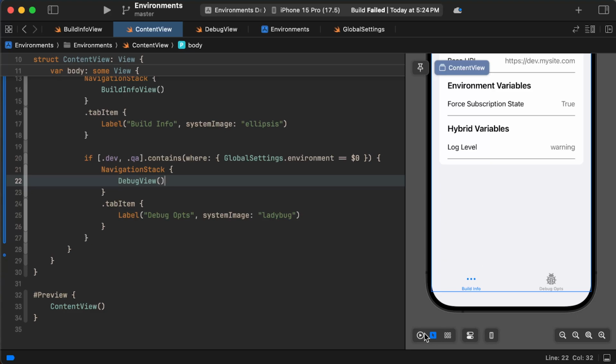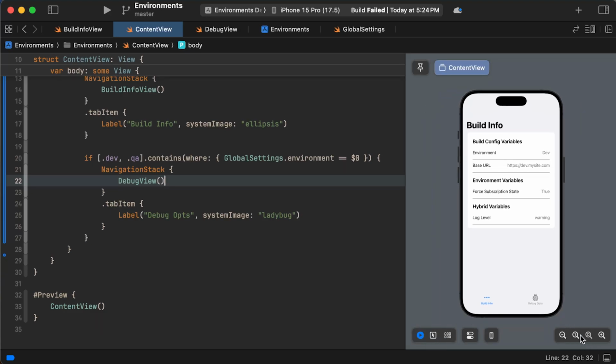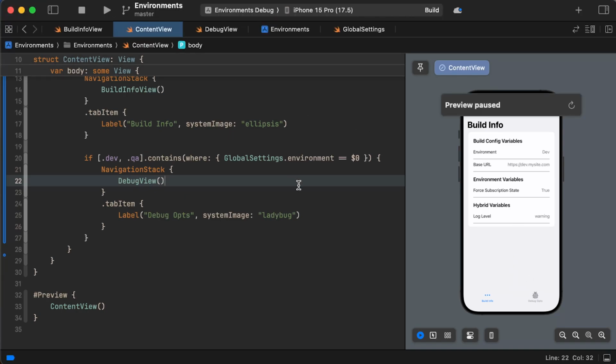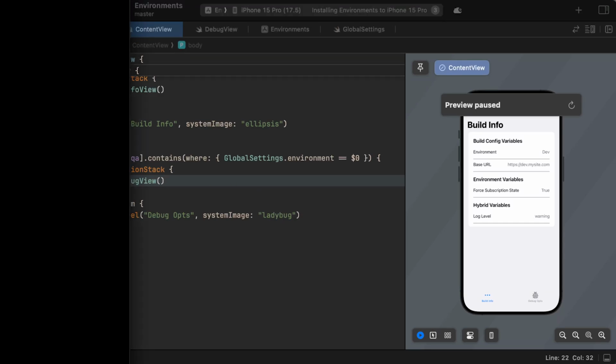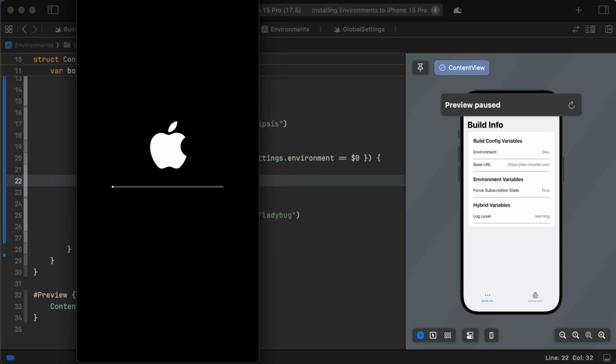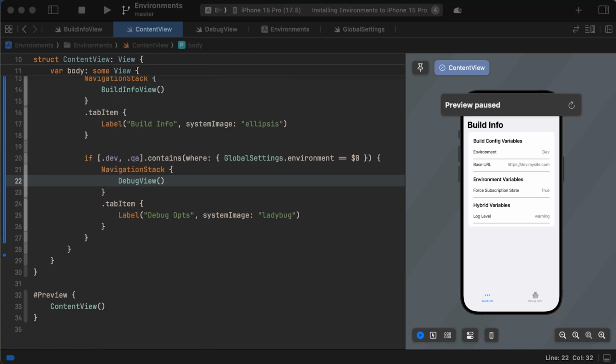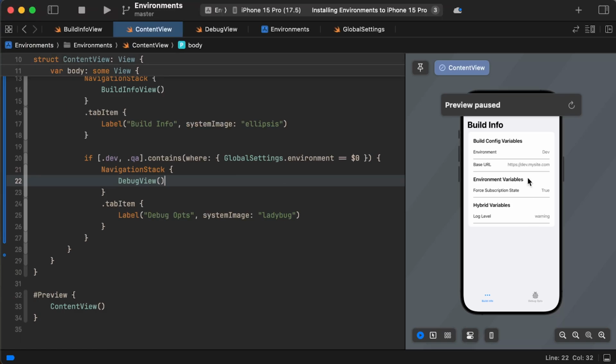Now, if you go into that view, it's going to show a little, let's see here. Let me run this real quick. It's going to be easier to show you that way rather than in a preview. And it's going to take a few minutes to load here because these simulators love to be slow. Well, once it's up and running, we'll bring it back in. But in any case,